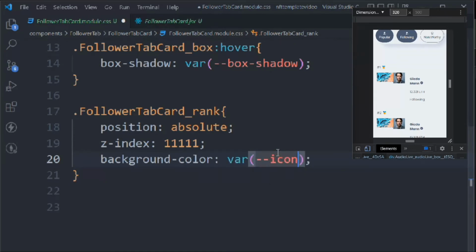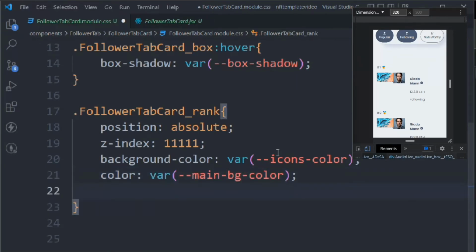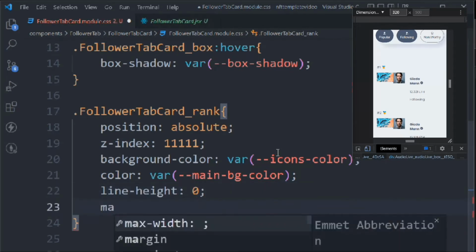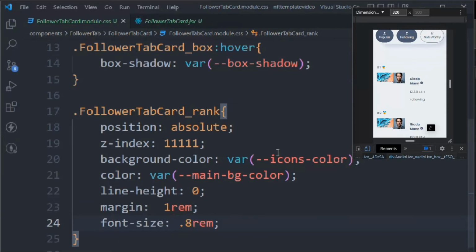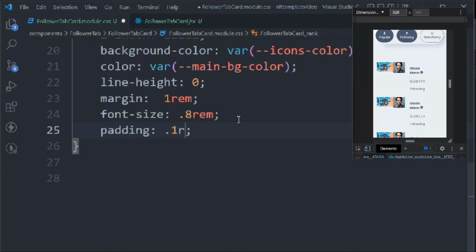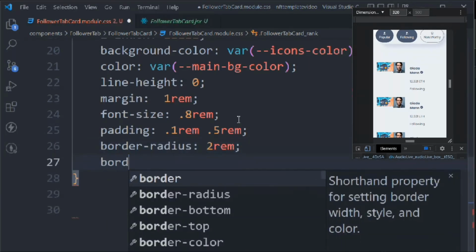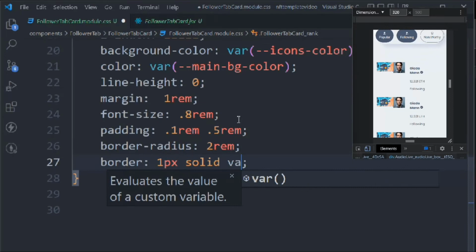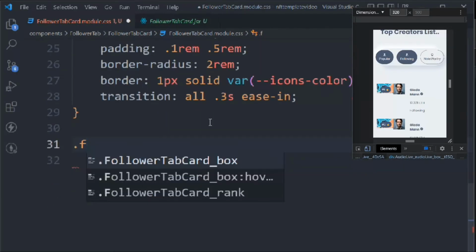var icon color. Okay, color itself is going to be our main color. Line height is going to be 0, margin 1 rem, font size is going to be 0.8 rem, padding 0.1 rem and 0.5 rem. Okay, border radius 2 rem, border 1 pixel solid, var dash icon, transition all 0.3 second ease-in, follow tab card,